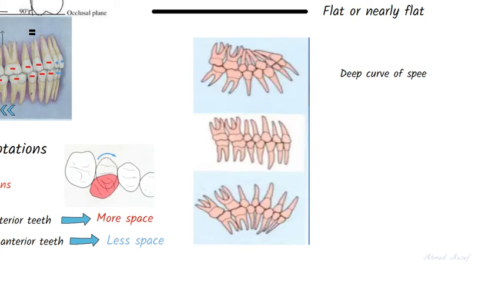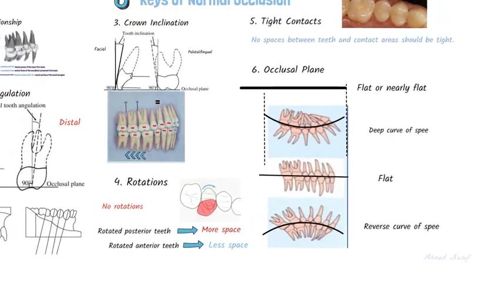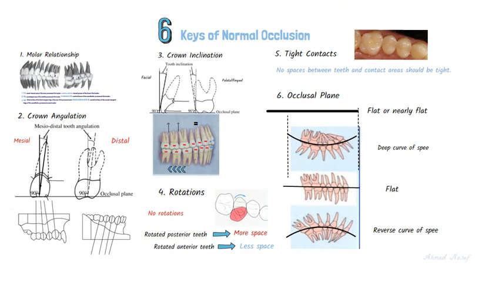And a deep curve of Spee results in a more confined area in the maxillary arch and more space in the mandibular arch, while a reverse curve of Spee results in excessive room for the maxillary teeth and less for the mandibular teeth. So these were the 6 static keys of normal occlusion created by Andrews, and I hope you